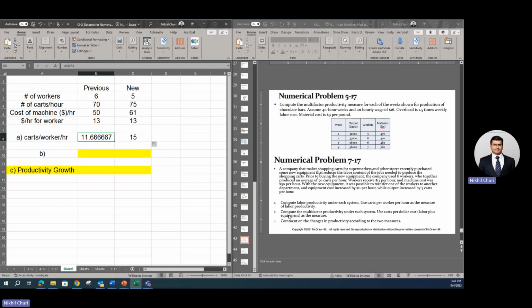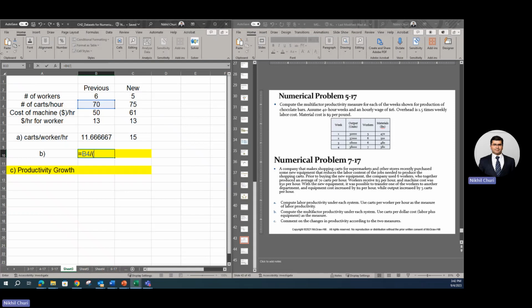The second question says compute the multi-factor productivity under each system. So for both previous and the new, we are supposed to compute the multi-factor productivity, using carts per dollar cost as the measure. So the very first is the carts per dollar. Number of carts made equals number of carts, I will just use this number 70 divided by